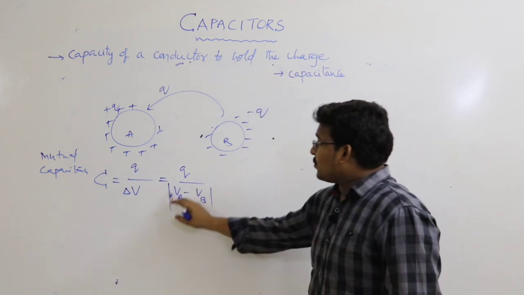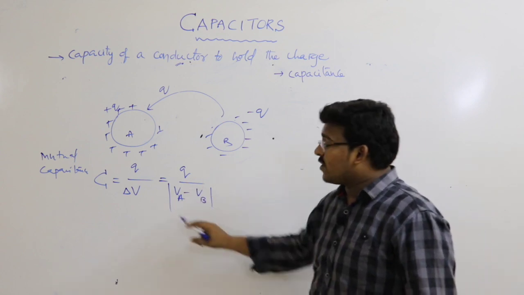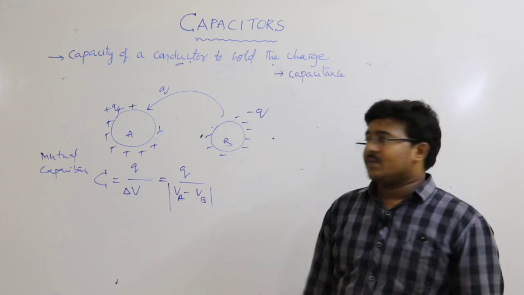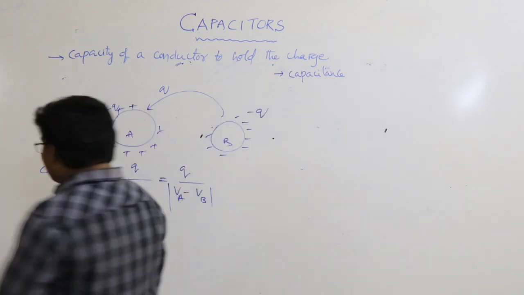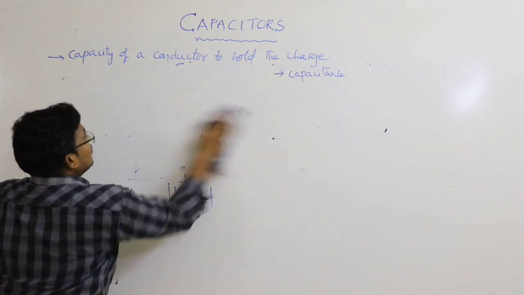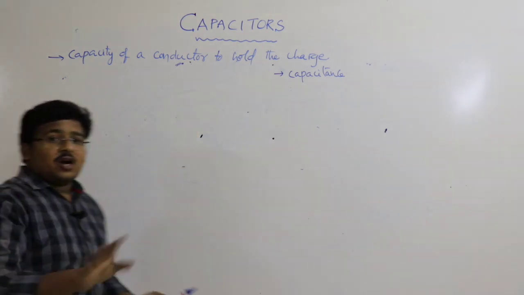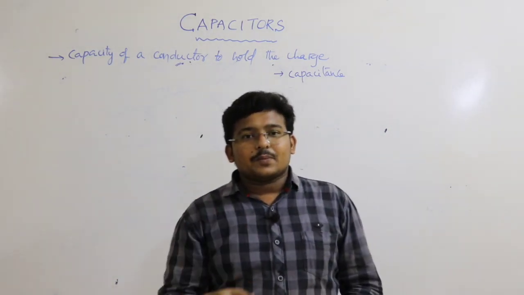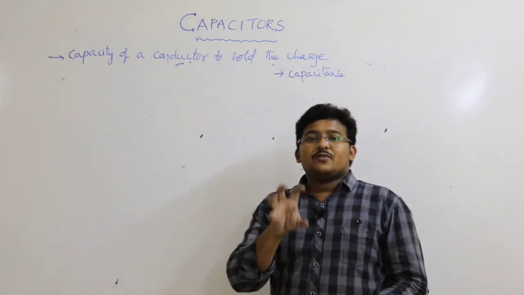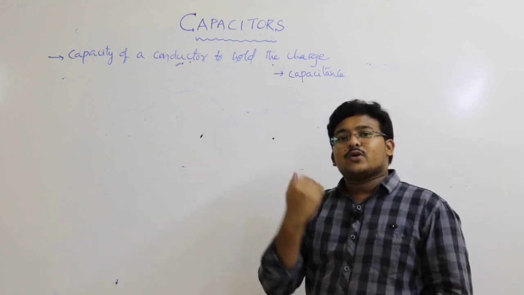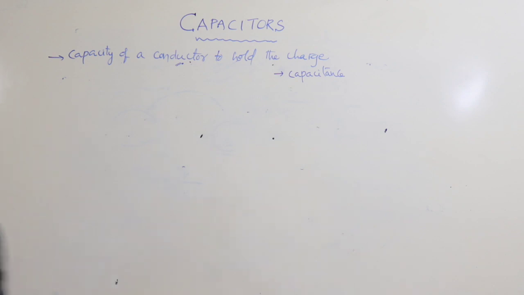So if you know how to find out the potential difference, then it is very easy to find out the capacitance of the system, right? Now I will take an example. I am not teaching you these types of capacitors: parallel plate, spherical or cylindrical capacitors. I am giving a general method to find out the capacitance,